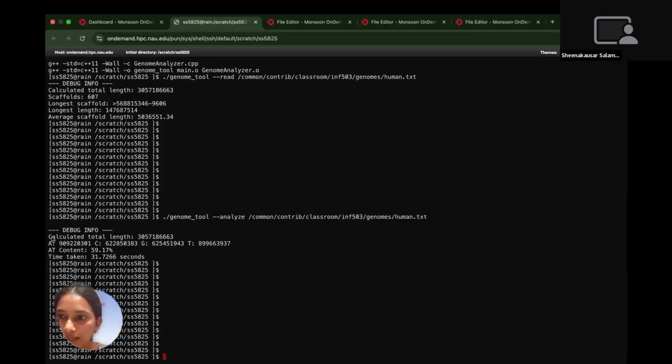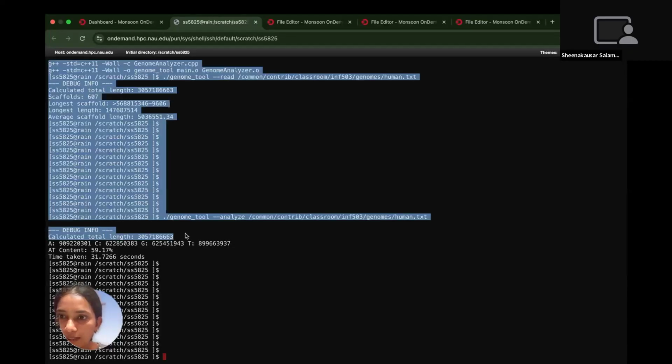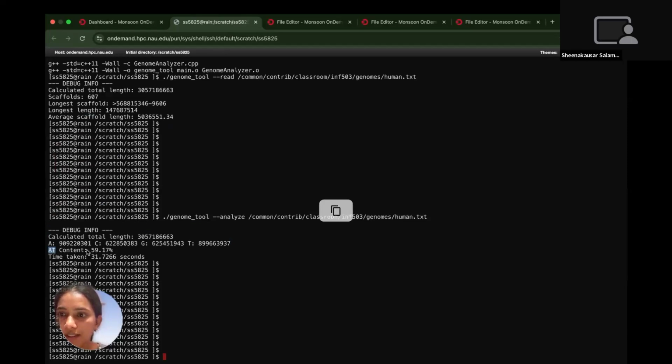This is the output that I got: the calculated total length, the A, C, G, and T values, and the AT content is 59.17%, and the time taken is 31.7266 seconds. The big O complexity is O(n) because each base is checked exactly once. This was done using the command genome tool minus analyze.